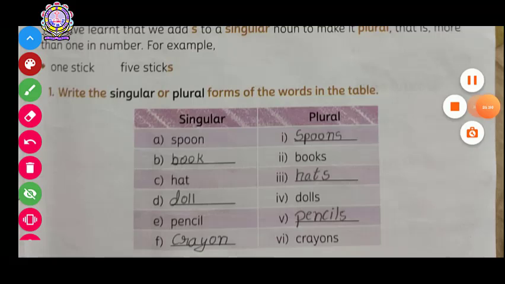If you have any doubt, you can ask on WhatsApp, but I think it's very clear as I've shown you. The screen is very clear.